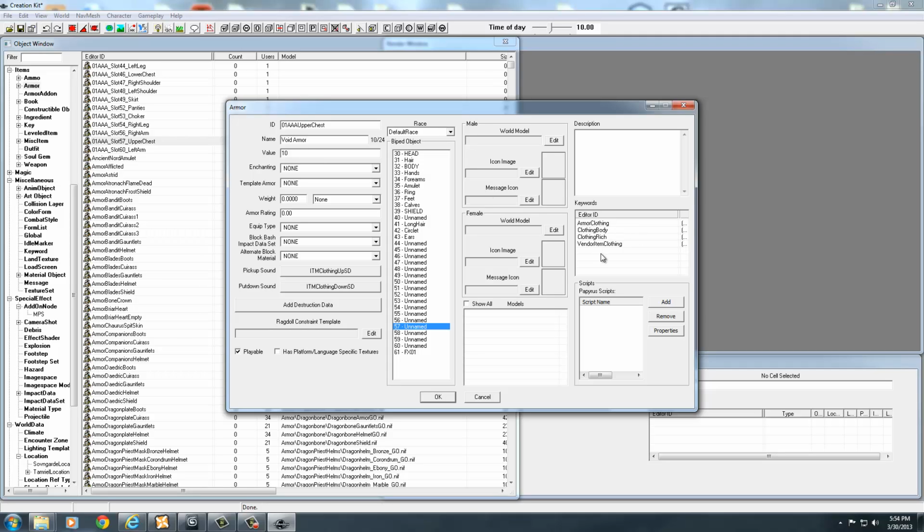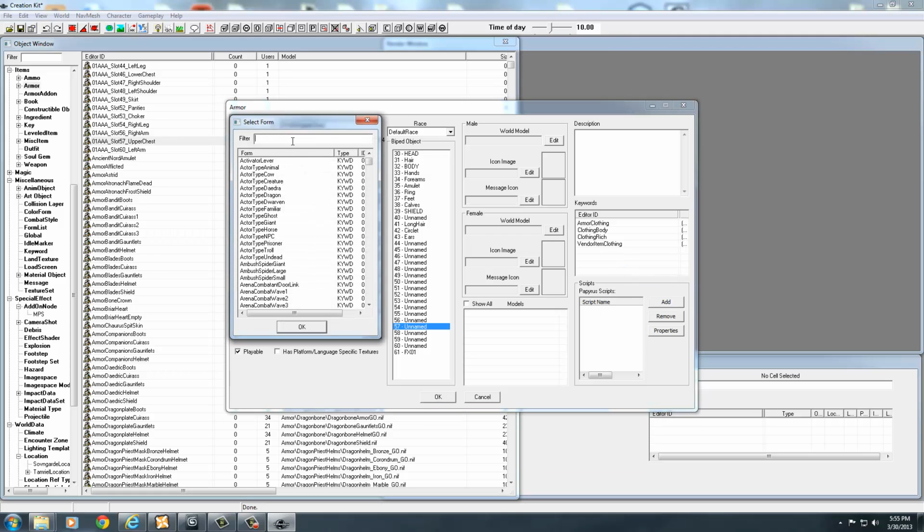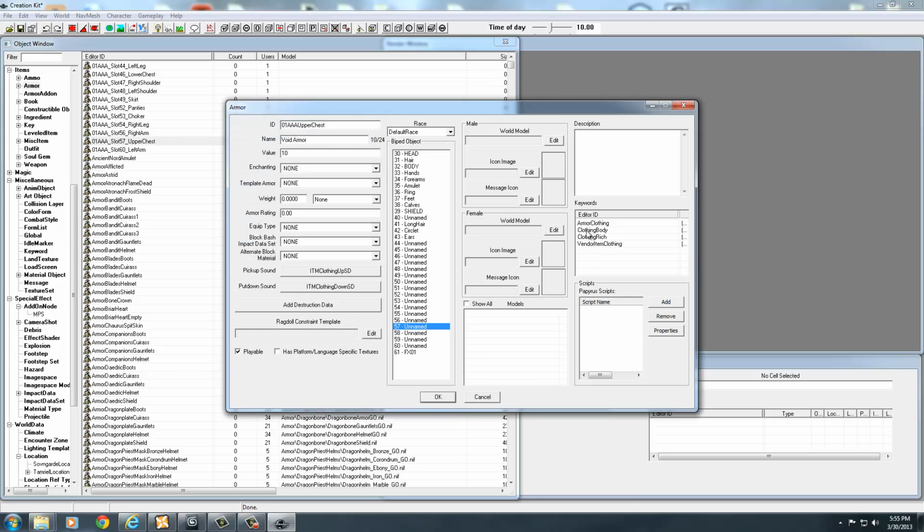Now if I don't add anything, like let's say I wanted this to be crafted in the Dwarven armor section, I'd click add, and then I'd come up here and type in armor material, and there you have all the armor materials for your forge. So if I were to select Elven, it would add that to this list, and this would be craftable in the Elven section of the forge, which I'm not going to do. I'm going to leave it blank, which means it'll be craftable in the miscellaneous section at the forge when I'm done. So there's my void armor upper chest,